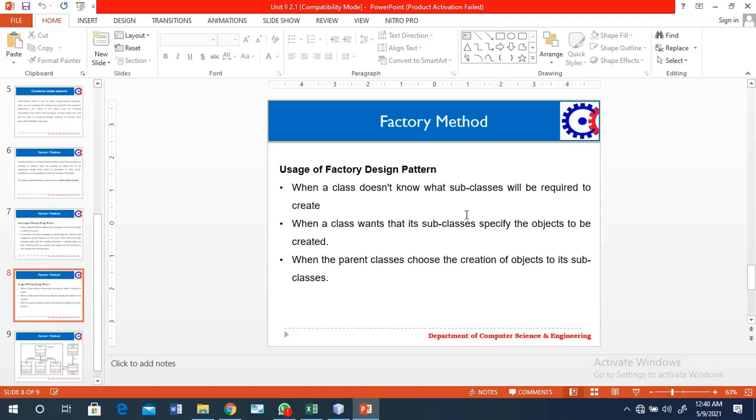At that time we can implement the logic through a factory design pattern, when a class wants its subclasses to specify the object to be created, and a parent class delegates the creation of objects to its subclasses. For example, in a single home with multiple children, the parent will decide which work will be done by which child. That is the main concept of the factory design pattern.